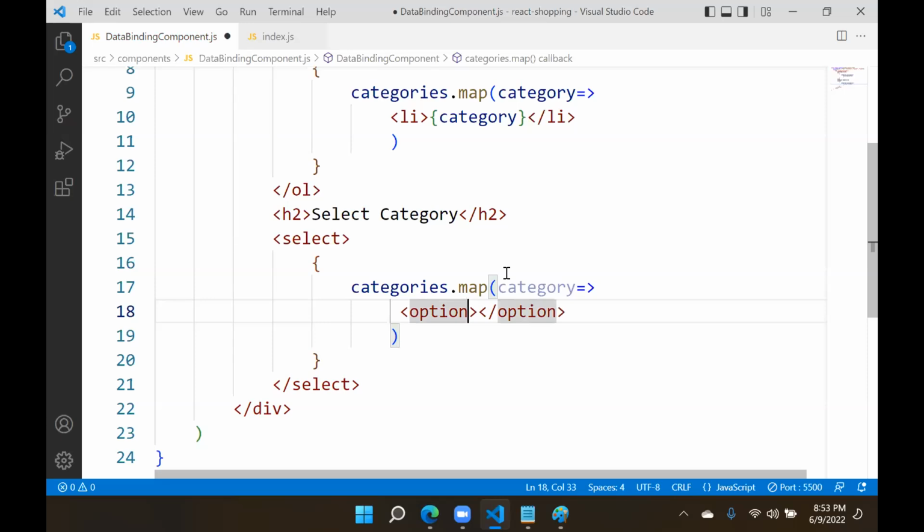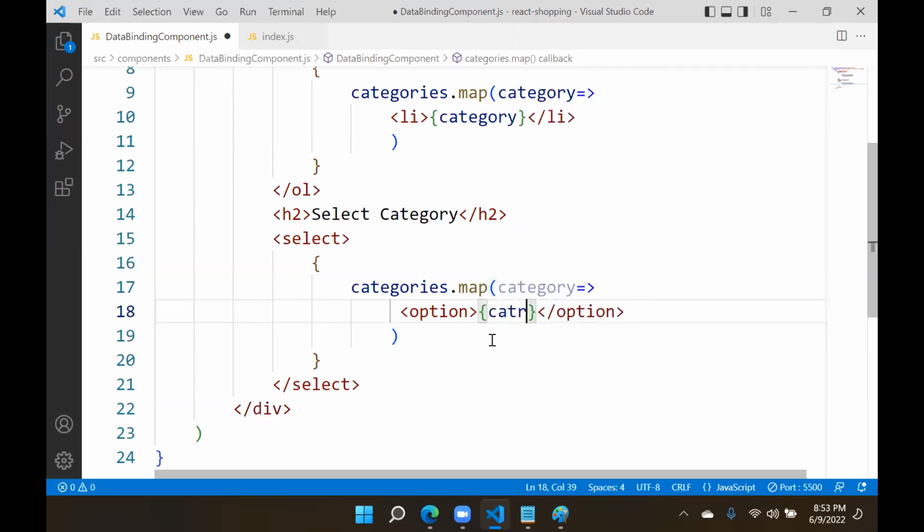You learned in HTML, option has text, option has value, option has selected, option has disabled. Four properties will be there for option. That is why you need to be very strong in HTML, because without knowing HTML, how will you present? First, you should know what properties are there. That means, suppose if I write here,